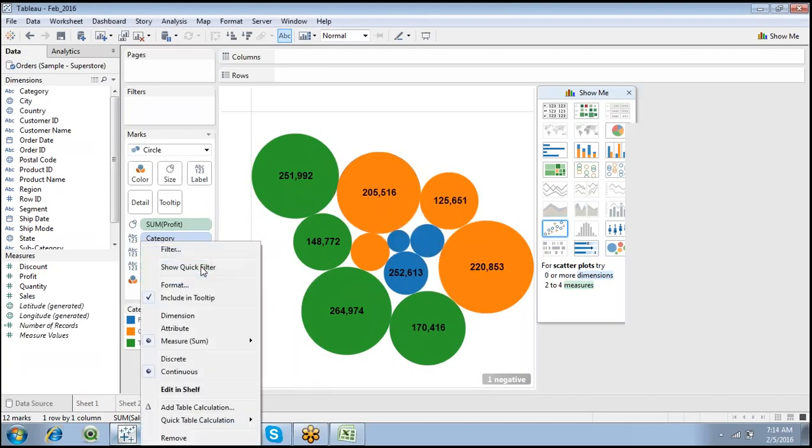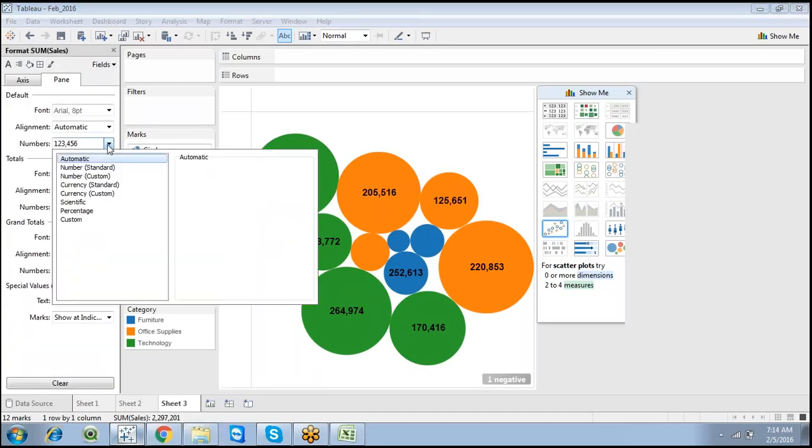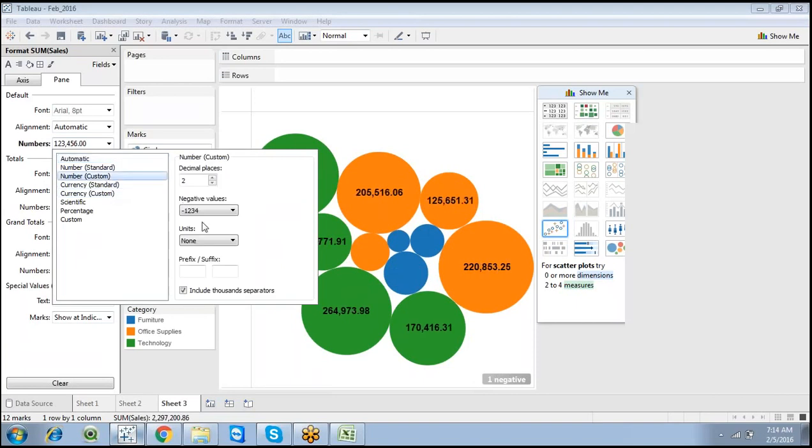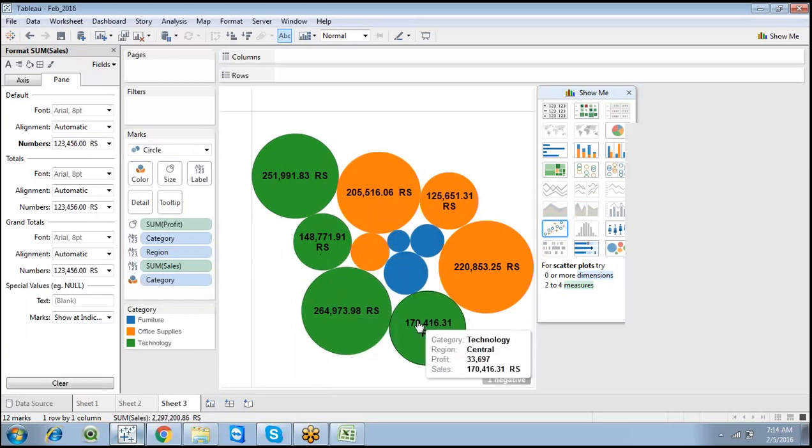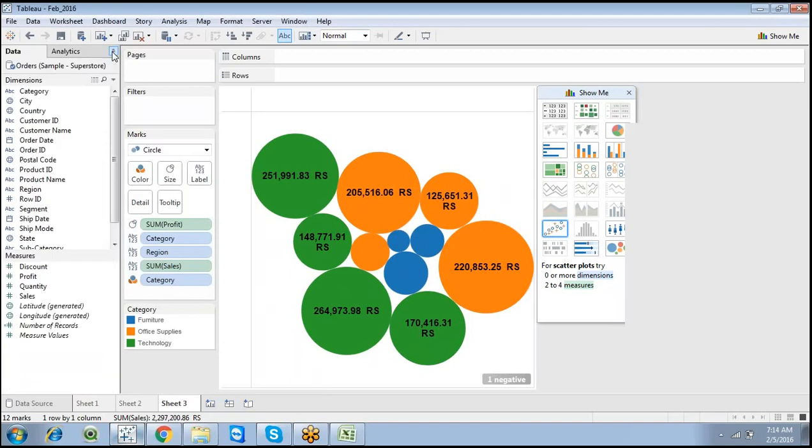Or if you want to make use of a customization, right, you can go with the format, number format, currency custom or number custom. So prefix rupees, like space rupees. Now you can see Rs. So it depends on a customization, whether we can apply or not. So this is important.